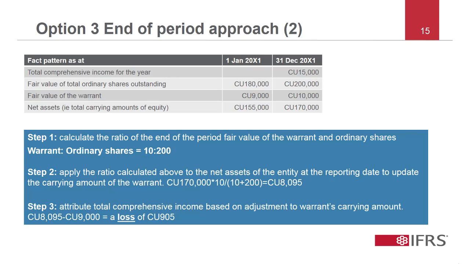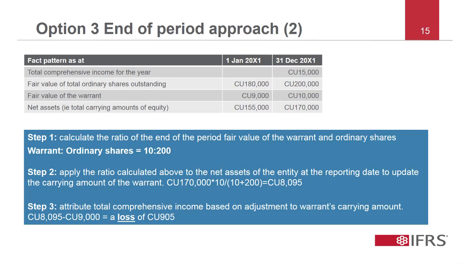Compare the carrying amount of the warrant to the carrying amount of the warrant at the beginning of the reporting period. So that is comparing 8,095 currency units that we just calculated to 9,000 currency units, the fair value at the beginning of the reporting period. And the change in the carrying amount is negative 905 currency units. Therefore, a loss of 905 currency units is attributed to the warrant, even if Company A made a total positive